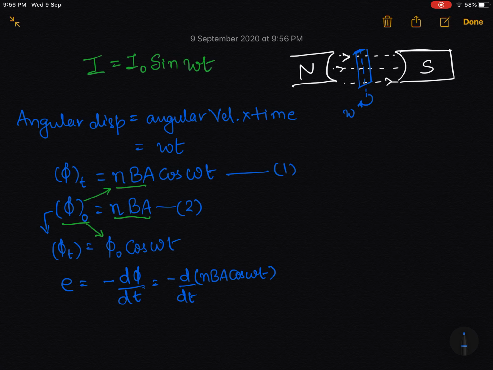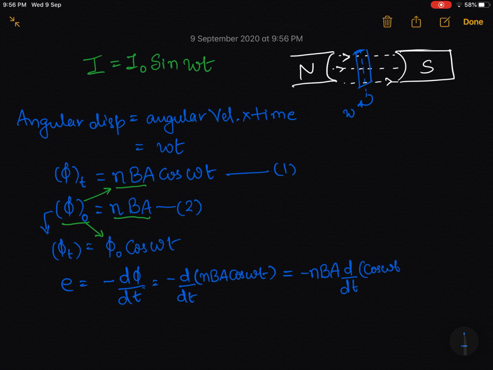Alright, now the things become very simple. You can take out the constant outside. What is the constant? Negative of NBA is the constant,